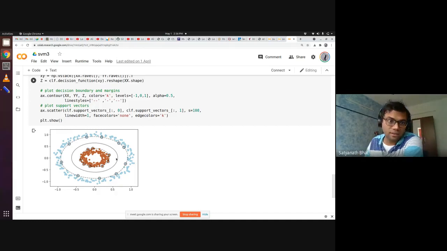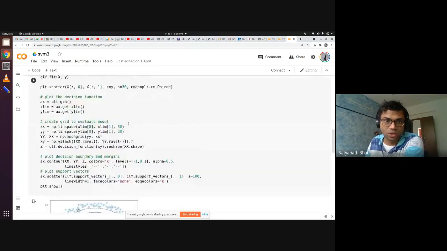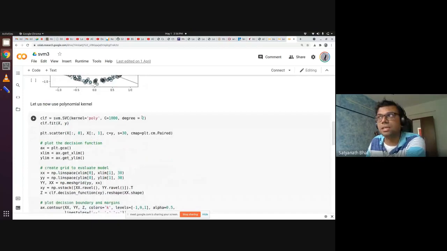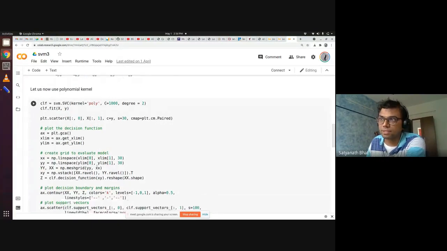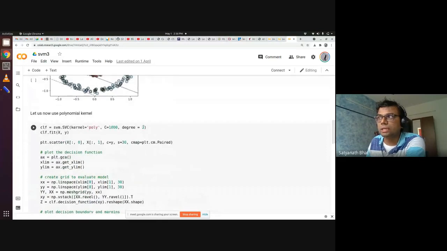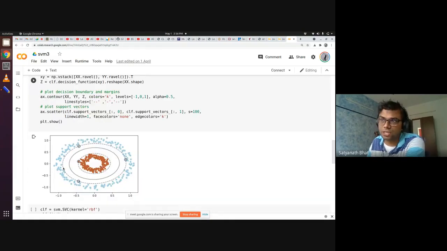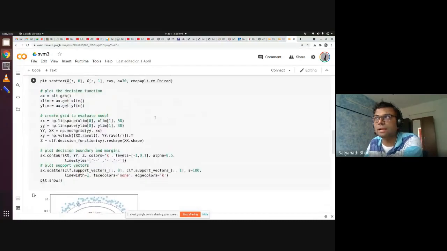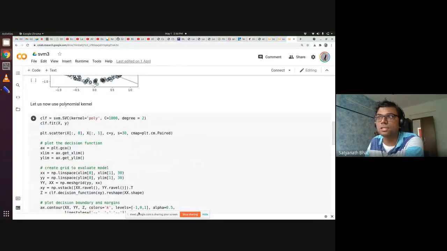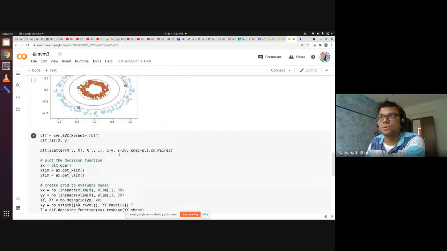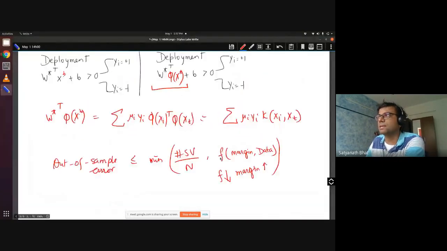So there is one problem here. I want you to go back and change this degree to 3 and see what happens. If you change the degree to 3, we are looking at third degree polynomials. A third degree polynomial also captures a second degree polynomial, but I am not able to make it work for any value of C. I'm not able to get it into this kind of a neat shape. So see if you can solve this. If you can experiment, if you can come up with your own kernel which can solve this, that would be very good. So this is the third part.